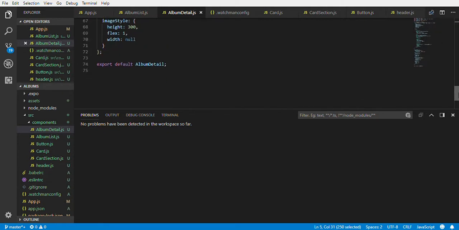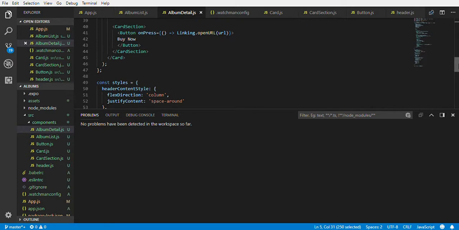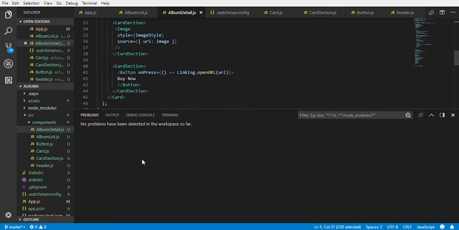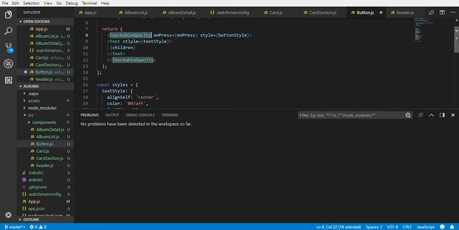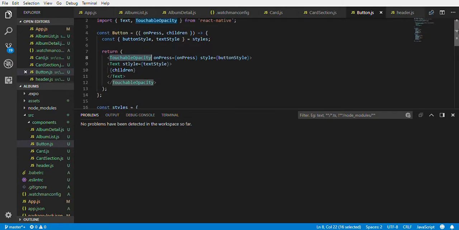Then we have a button where a user can click buy now. So we created a touchable opacity, which lets the user press the button and it will dim, and then we're able to let the user go to an Amazon website